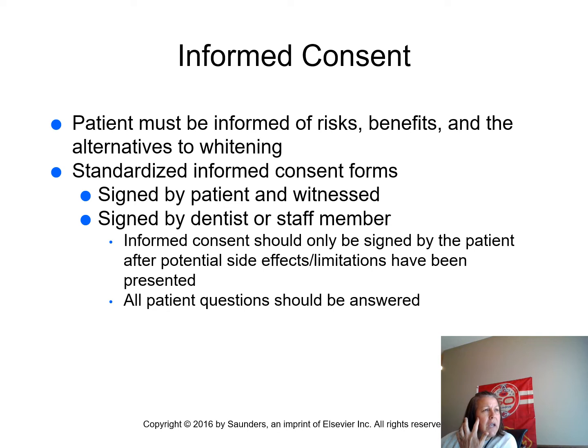Sometimes they'll have TMJ issues from clenching into their trays. And then, of course, the benefits are the whitening and things like that. They also want to talk to them about restorative. Restorations do not lighten. So if they have restorations currently in place that are not leaking or causing them a problem as far as decay or anything like that, they'll want to whiten and then have those replaced if they are visual, if you can see it in their smile after bleaching, so that their restorative matches their new white